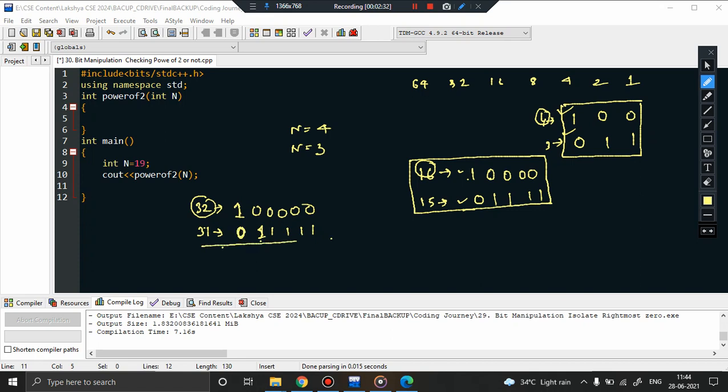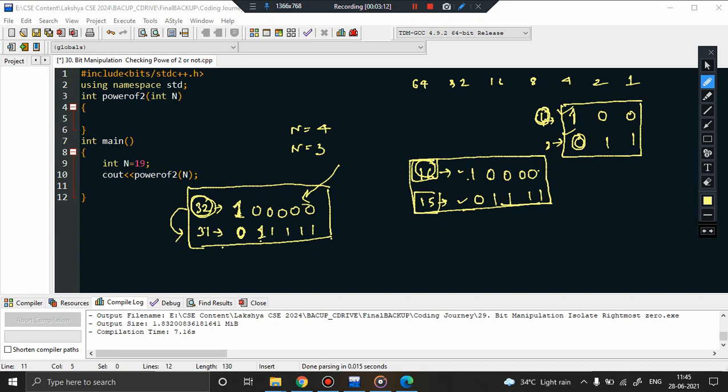So you see, the same pattern is followed throughout. If n is a power of 2, the pattern observed is that it will have 1 followed by zeros, and the number 1 less than n will always take the format of 0 followed by 1s. You see here, this is a power of 2, so 1 followed by zeros, and the number 1 less than that will have 0 followed by 1s. The number 4 is a power of 2, so 1 followed by 0s, and the number 1 less than 4 is 3, which has 0 followed by 1s.